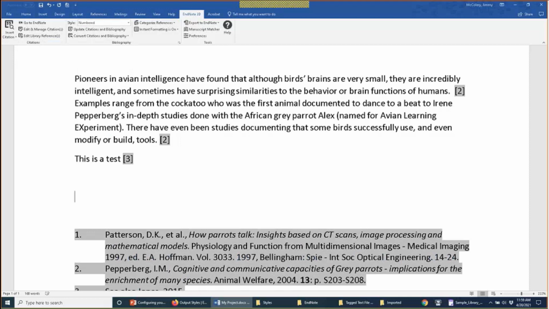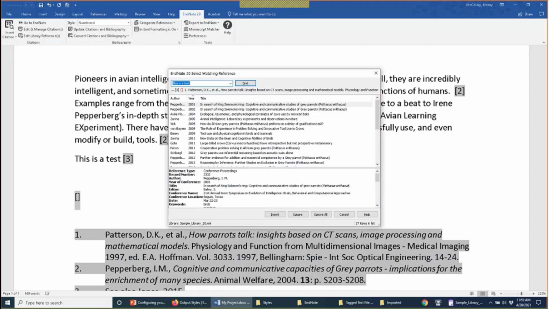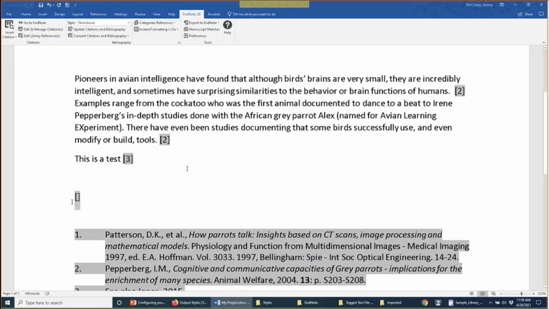I could add a temporary citation myself. I'm still using the square brackets for now here, but if I go ahead and define,